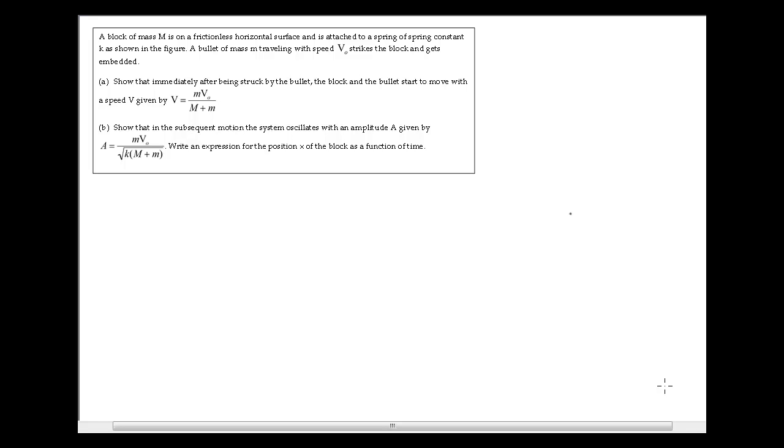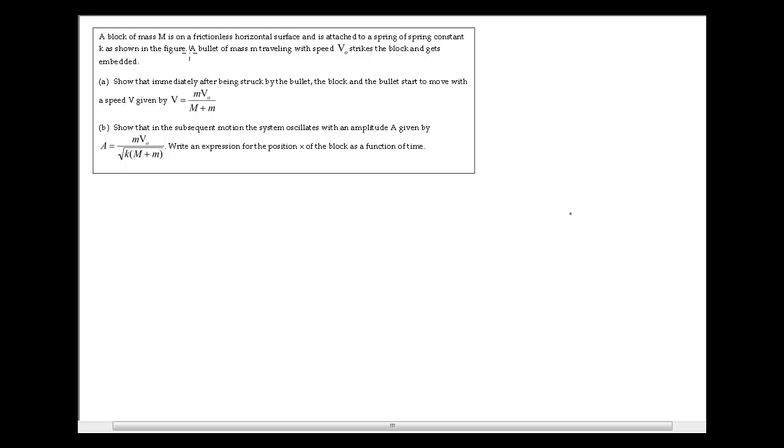I'd like to work out an example problem that actually comes from your homework assignment. It's a problem that is nice because it reviews some of the concepts that you learned when you were studying collisions in the first semester of the course, and then makes use of some of the concepts involving harmonic motion. So first, let's take a look at the problem, and then I'll draw a sketch and solve it, or at